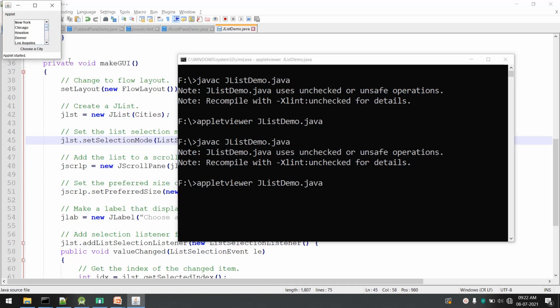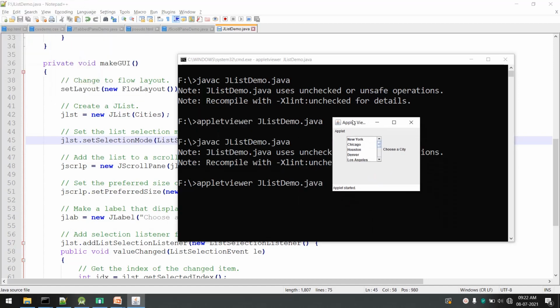So if I now select the first two items and then directly select Denver and Los Angeles, you can see I am able to select multiple items, but those are not continuous. First two items, then we have left one item in between, and then we have selected Denver and Los Angeles. So this is multiple interval selection. In single interval selection, continuous items can be selected.